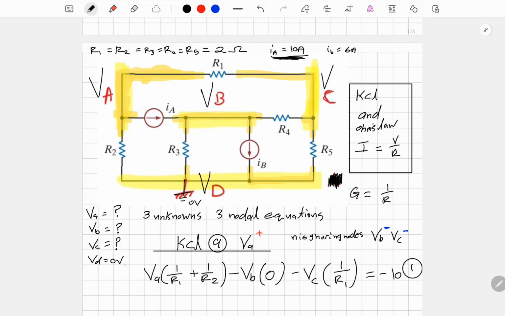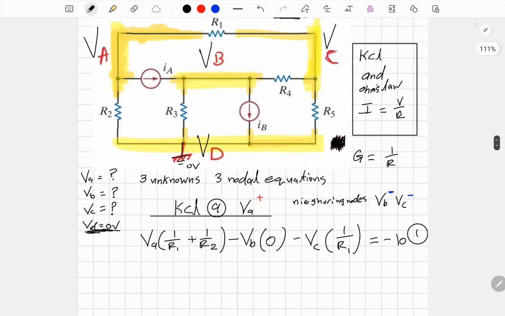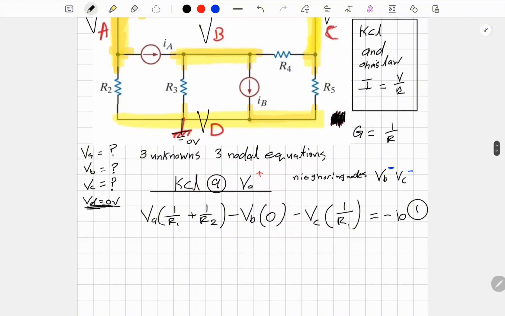And you'll notice that I didn't include VD. Why? I explained it before. It's 0 volts, so anything multiplied by it is 0. So now that I've explained the first equation, try to write the second equation without looking at my answer, and then play the video. Okay, so now I'm going to be doing KCL at VB, just follow the order, and